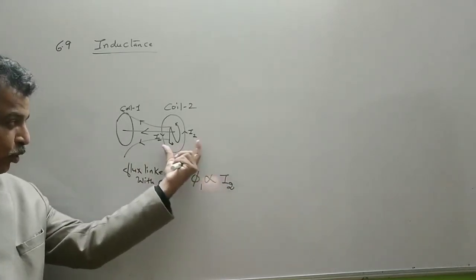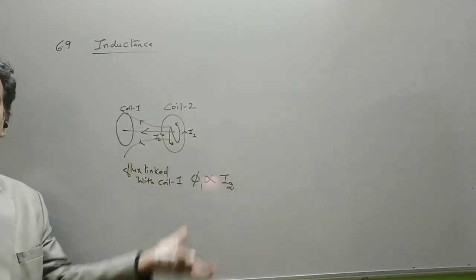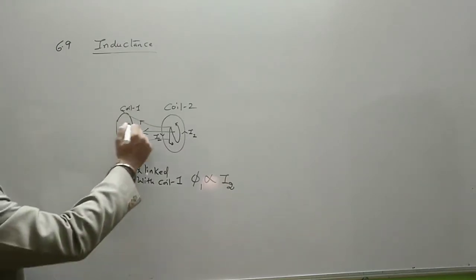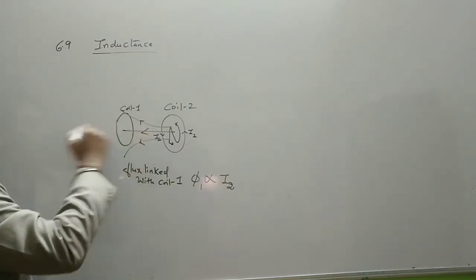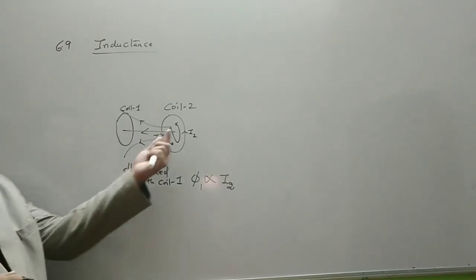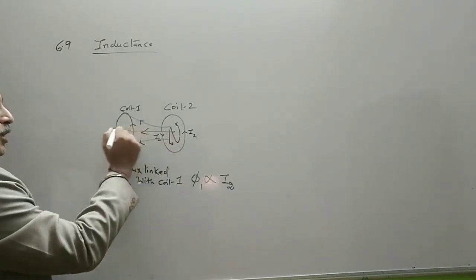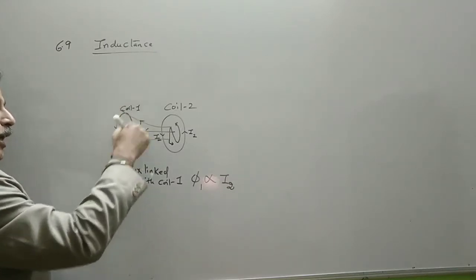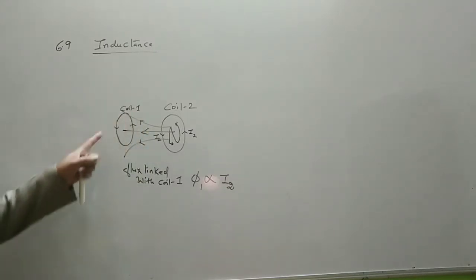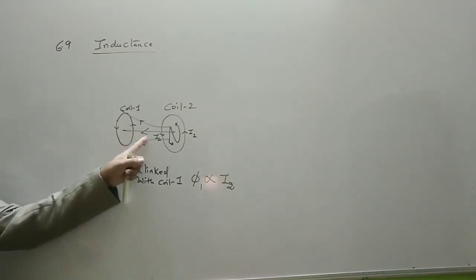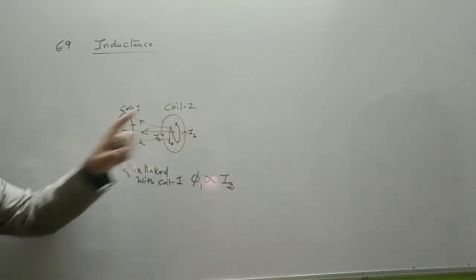Now if I bring this coil into motion, that was Faraday's law. If I bring this coil near to coil 1, the magnetic flux increases. So current will be induced in it, and according to Lenz's law, when the north is approaching, this face should also be north, and therefore the induced current should flow in an anti-clockwise direction. This is your induced current. This induced current depends on the flux. The flux depends on I2.